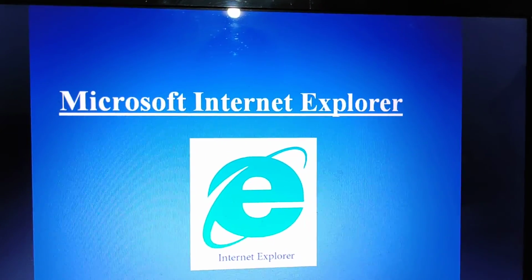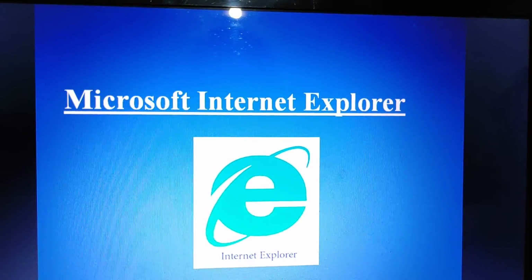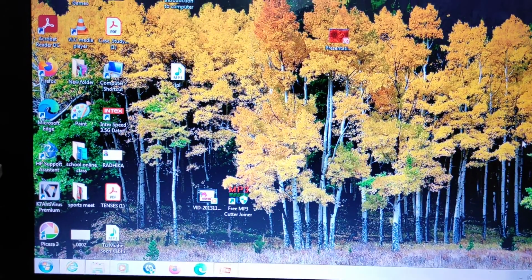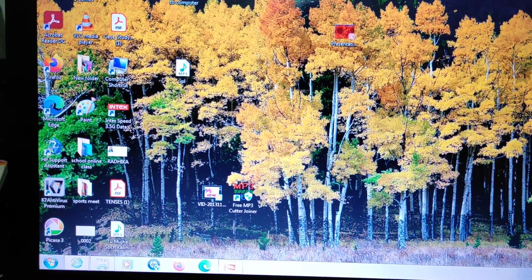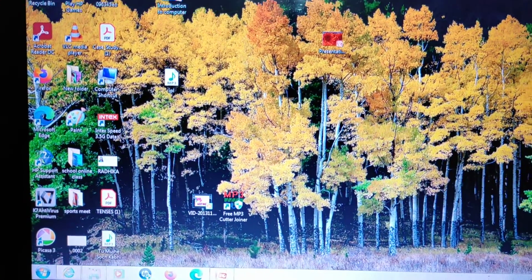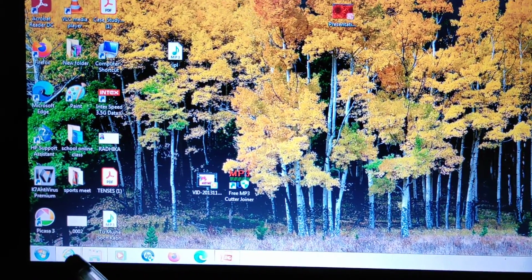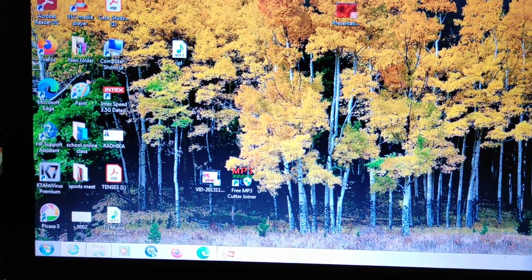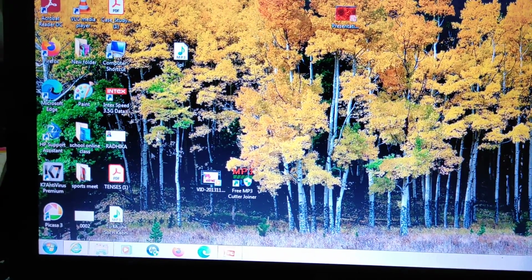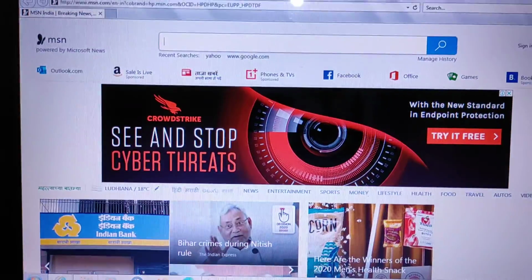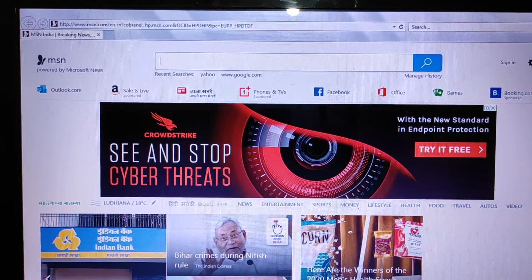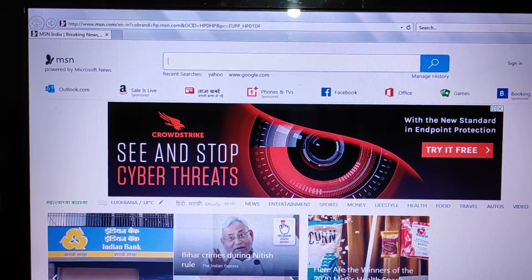Now the next is starting Internet Explorer. The steps are, first of all, click on the Internet Explorer icon. This is the Internet Explorer icon, this one. You have to click on it. After that, the Internet Explorer window appears.